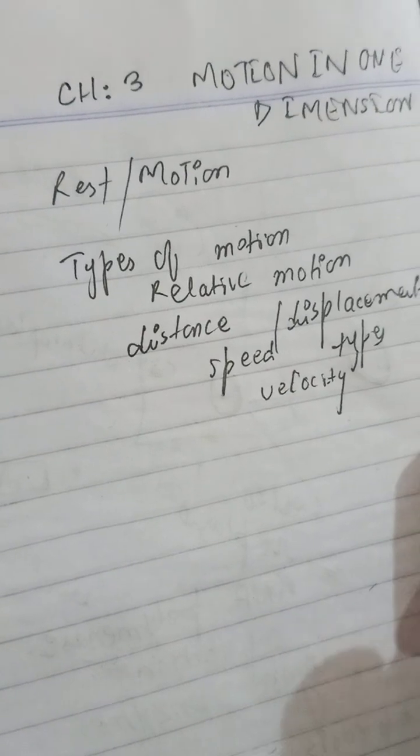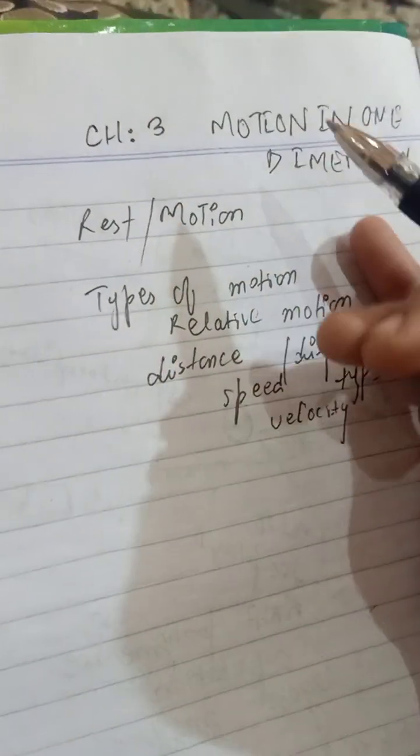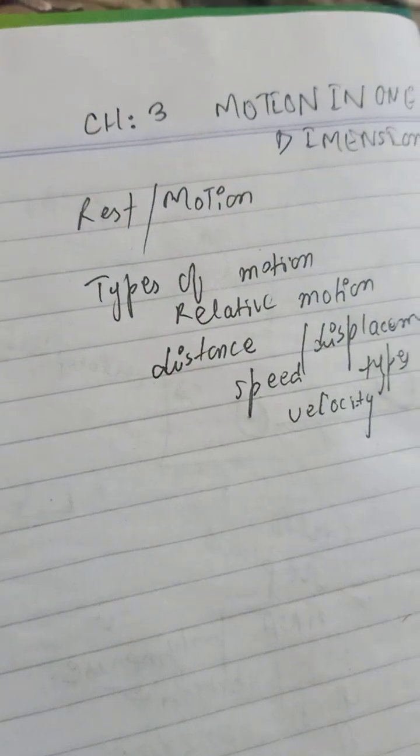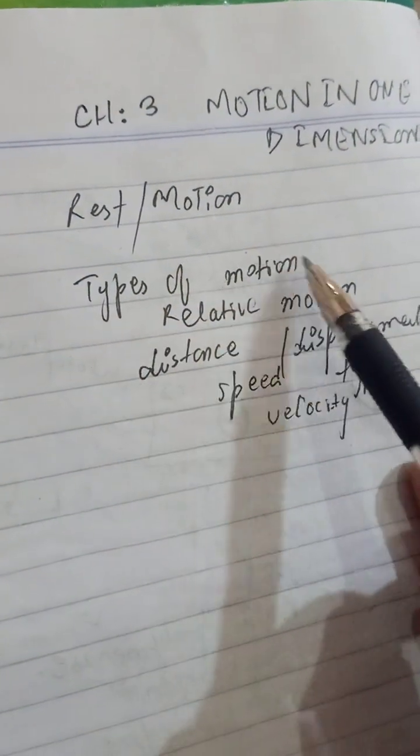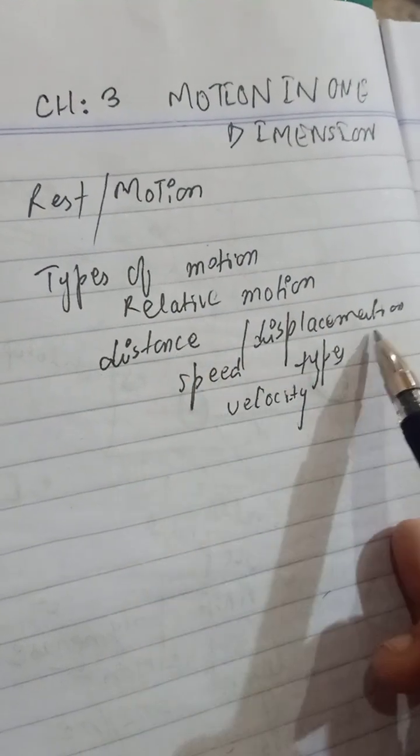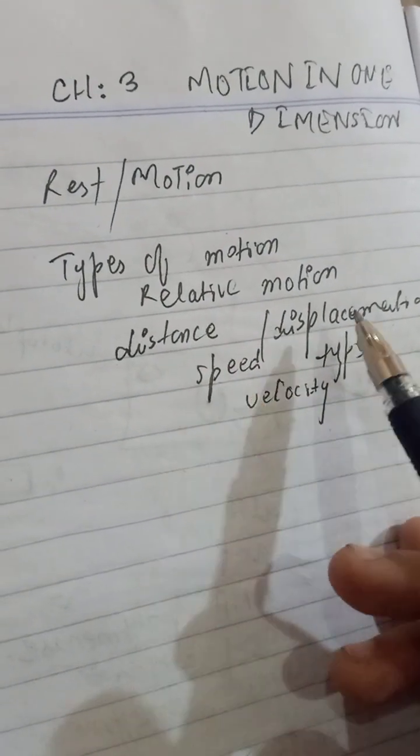Okay, so we were done with chapter number 2. Now let's move towards chapter number 3. In this chapter we'll be learning about rest and motion, types of motion, relative motion, distance, displacement, and